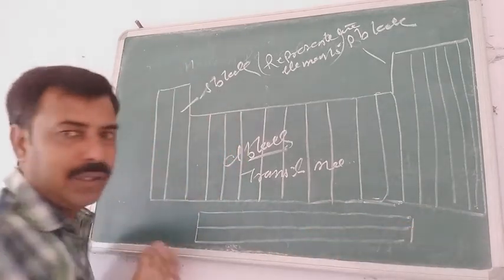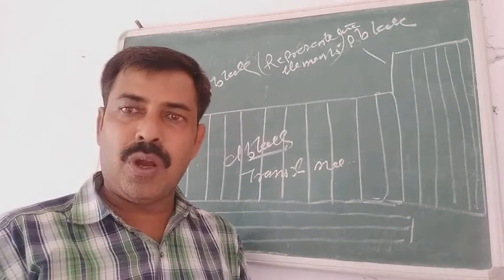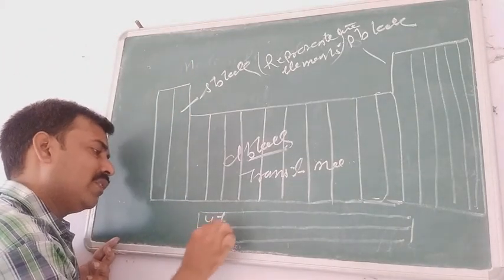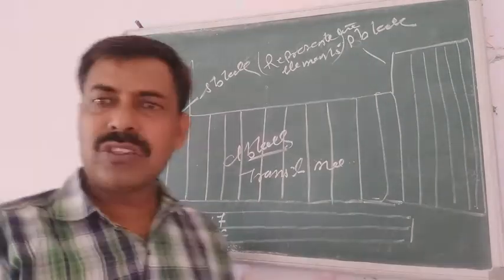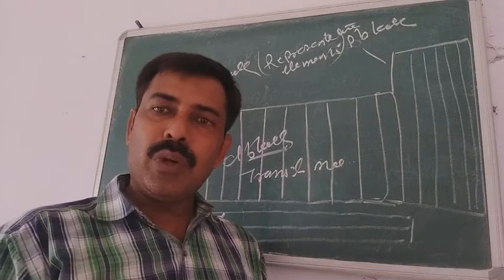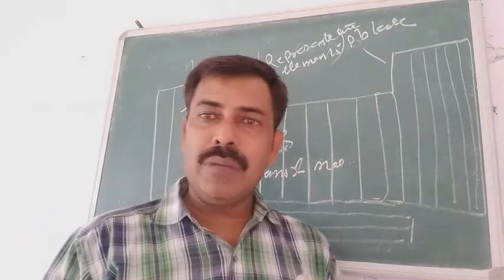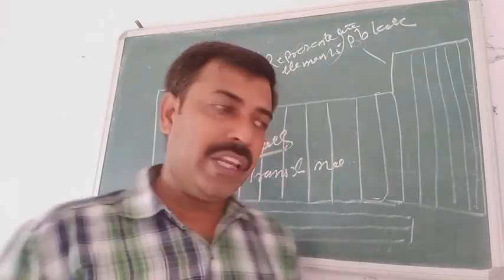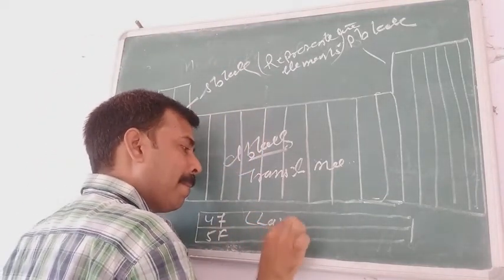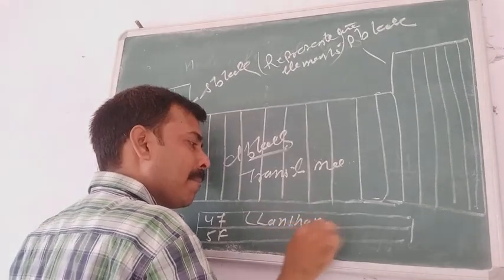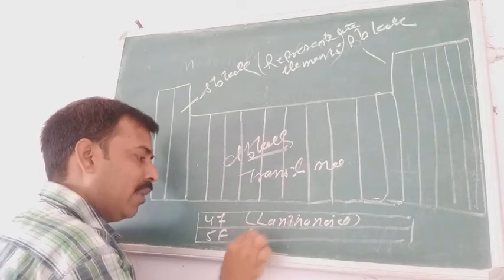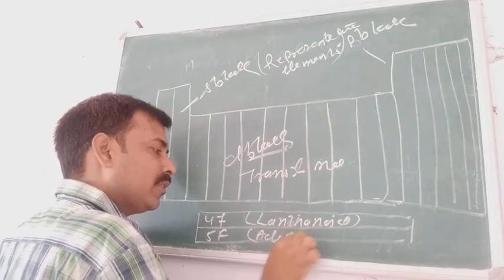In the periodic table, there are only 2 series for the F block, that is the 4F series and the 5F series, because in the 6F and 7F there is no electron, so only 4F and 5F are there. The 4F series starts with the element lanthanum, so the name given to this series is the lanthanoid series. And the next one, which starts with actinium, has the name actinoid series.